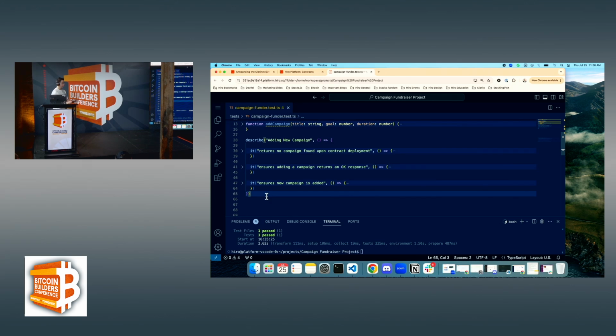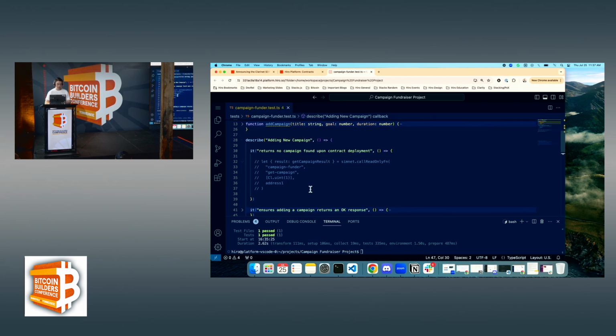So to summarize, what we have here is we are describing what function we're going to be testing for, which is the add new campaign. And specifically, we are hoping that it does a few different things. One is that it returns no campaign found upon contract deployment. It will ensure that adding a campaign returns an OK response, and that a new campaign is added. So for the first it block,